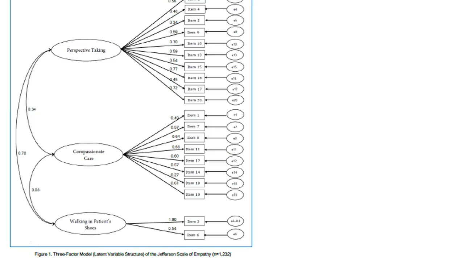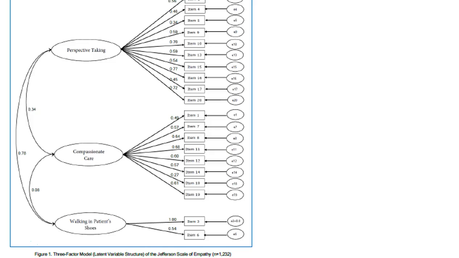You can see there's another item here that is hypothesized to load on or go with the second latent variable, which is compassionate care, that has an item to latent variable loading of only 0.27. So that's very, very low. And it happened in the case of the Jefferson scale of empathy, which is what this is, that after all the items were written, when the scale was developed, they were refined. There was some cognitive interviewing that happened to make sure that people were interpreting items the same. And then huge administrations